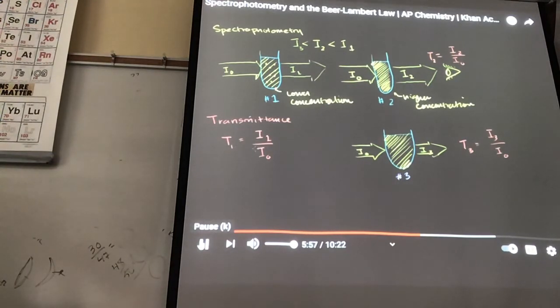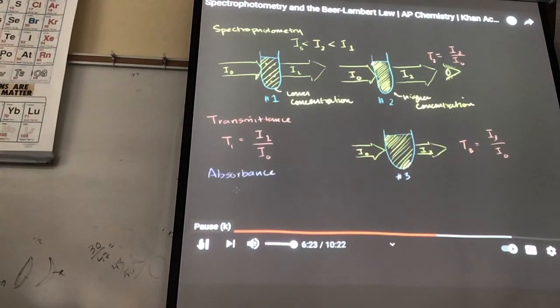Now, another definition, which is really derived from transmittance, and we'll see it has pretty neat properties, is the notion of absorbance. Here we're trying to measure how good it is at absorbing. Transmittance is measuring how good you are at transmitting. A higher number says you're transmitting a lot. But absorbance is how good you're absorbing. So it's kind of the opposite. If you're good at transmitting, that means you're bad at absorbing. You don't have a lot to absorb. If you're good at absorbing, that means you're not transmitting much. So absorbance